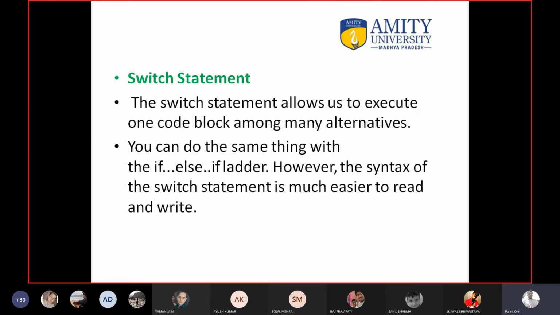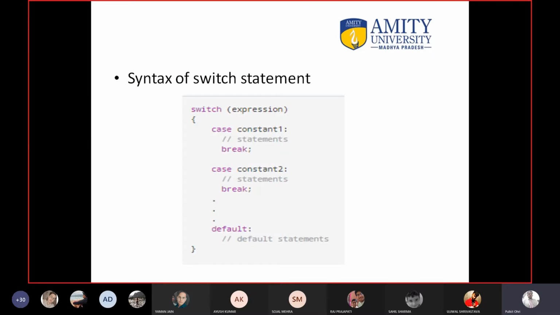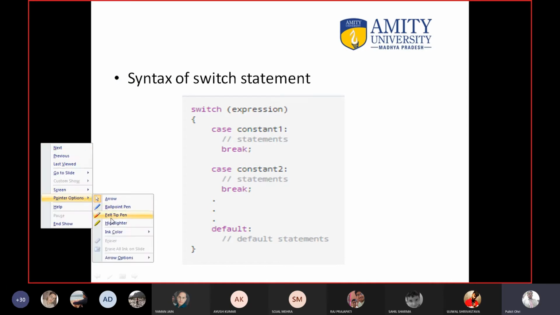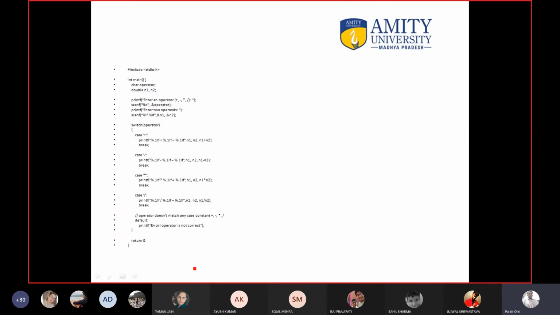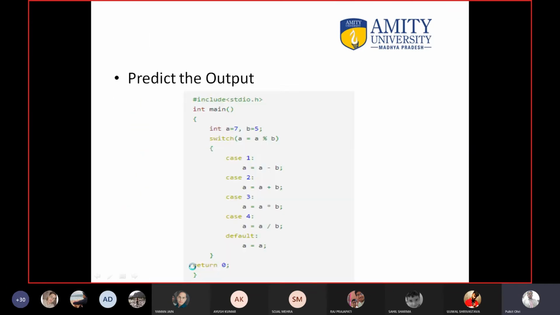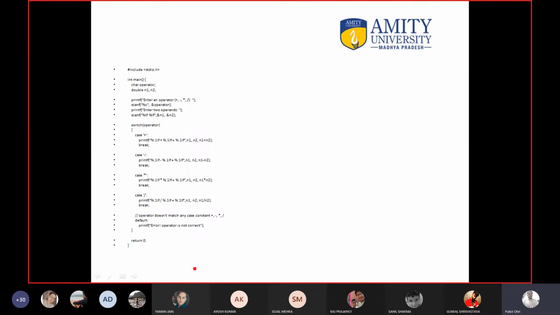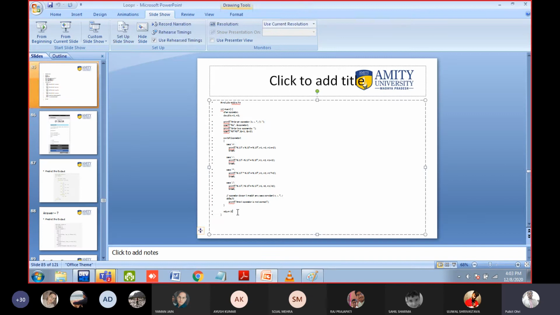What I will do, I will show you the code and you will understand it. This is the syntax. How can you write the particular switch statement? First you need to write the switch, then whatever here you need to write, then cases here, break statement, case, break and default. No worry, I will show you the particular code. Okay, this is the code. I will copy paste it inside the compiler.